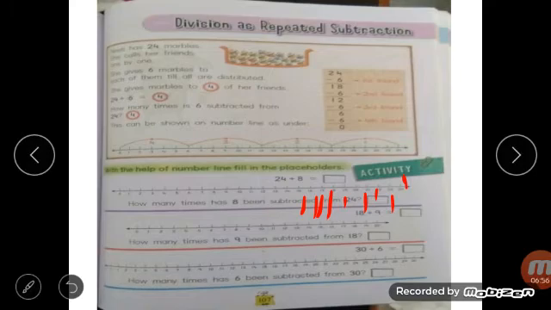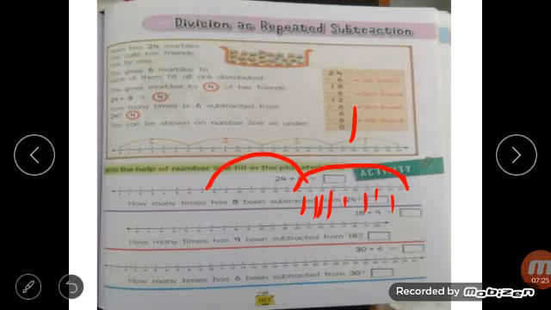1, 2, 3, 4, 5, 6, 7, 8. You will reach 16. So where the number 16 is, you can mark it like that. Okay, this is the first step. Then again move 8 steps. Then you will reach, count it, 15, 14, 13, 12, 11, 10, 9, 8. You will reach number 8.